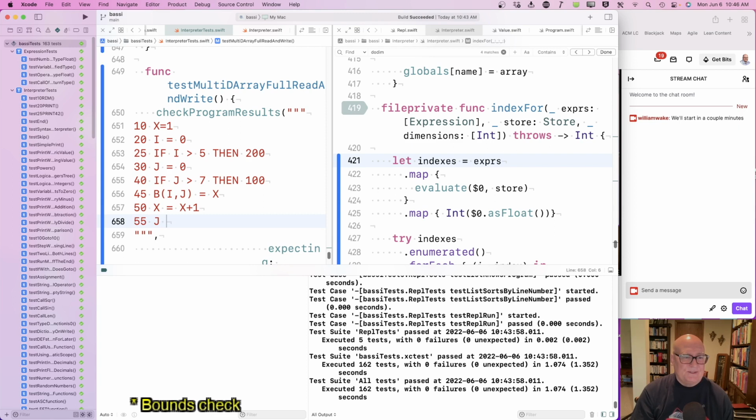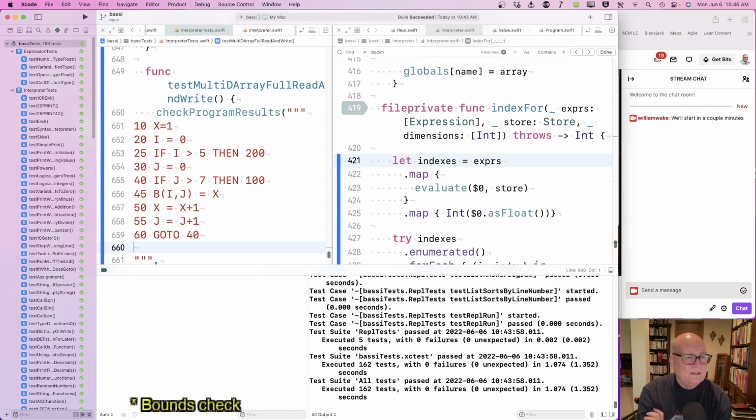J equals J plus 1. I mean, this is even worse than what you had to do back in the day, I guess. At least they had for loops then. All right, so I increment J, and I just want to go back to line 40. Go to 40. All right, so we are writing J 0 through 6,